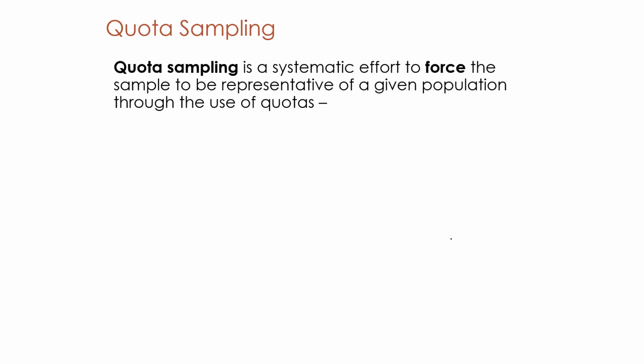Next type of sampling we're going to talk about is quota sampling. You want your data to be representative of your population. So quota sampling is when you design a sample that has a certain number of people from certain different groups. Quota sampling is a systematic effort to force the sample to be representative of a given population through the